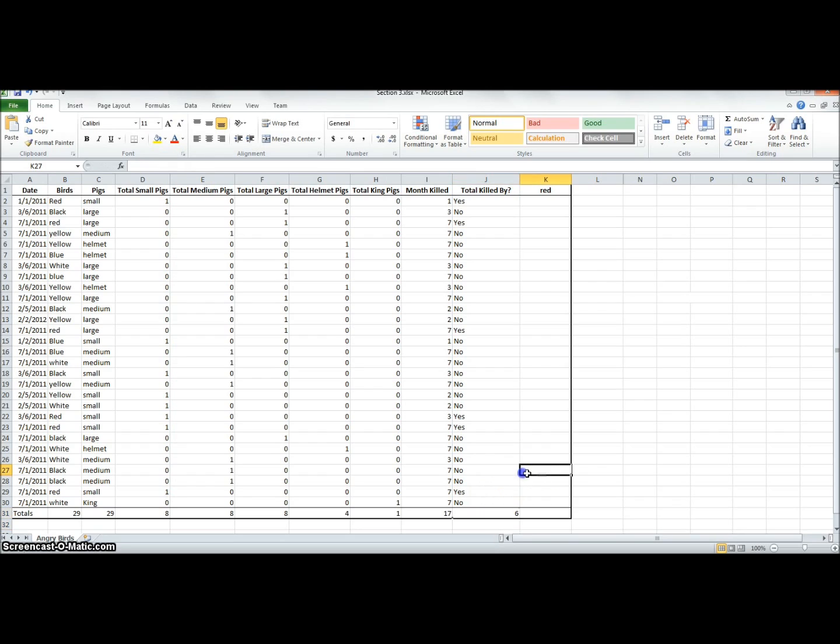And we will see that we have six red birds that killed pigs, 6 blackbirds that killed pigs, 4 bluebirds that killed pigs, 6 whitebirds that killed pigs, and 7 yellow ones. So that's a little bit of fun that you can have with some different if statements